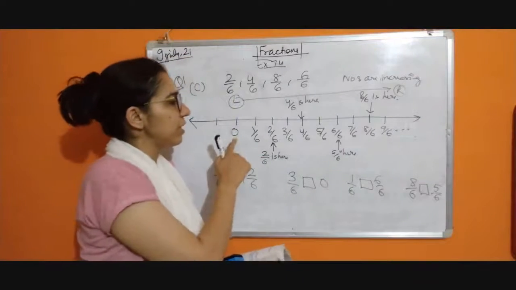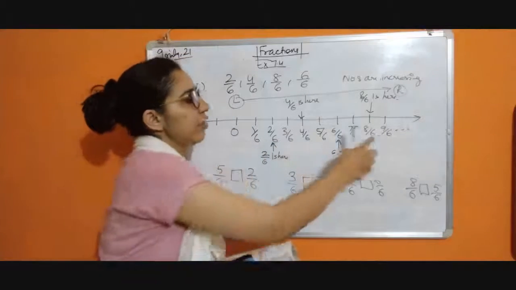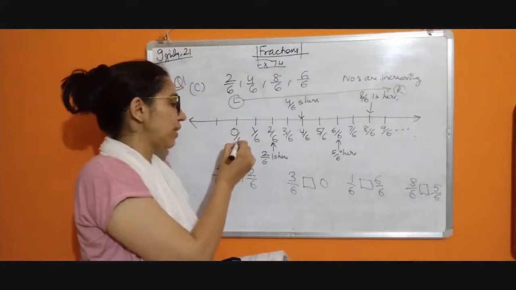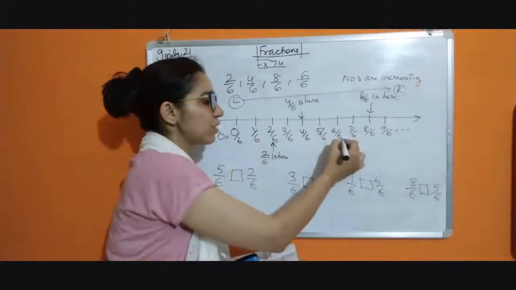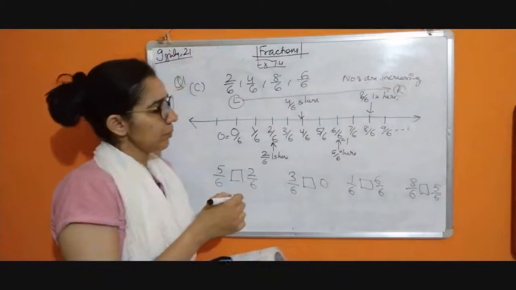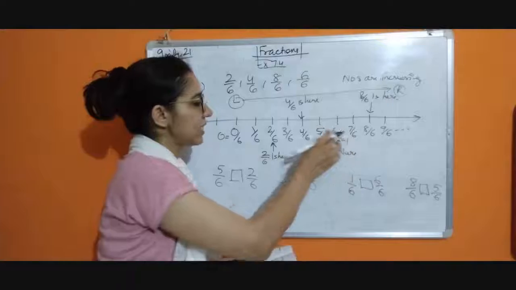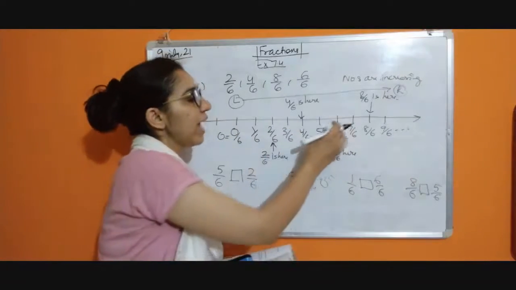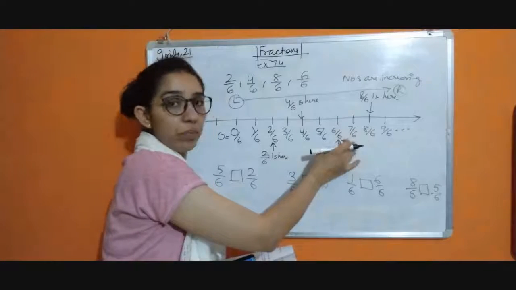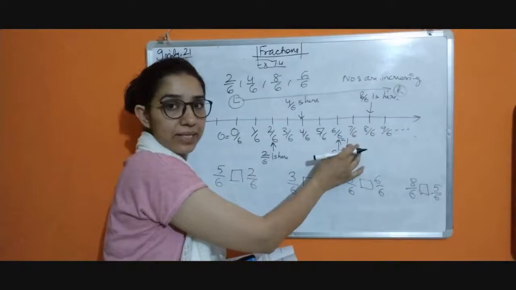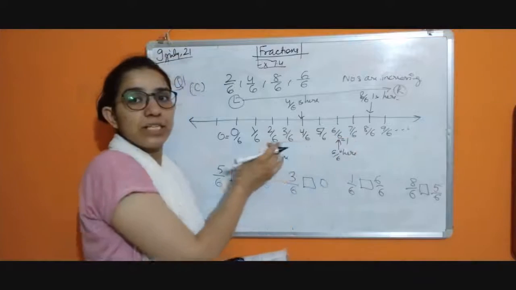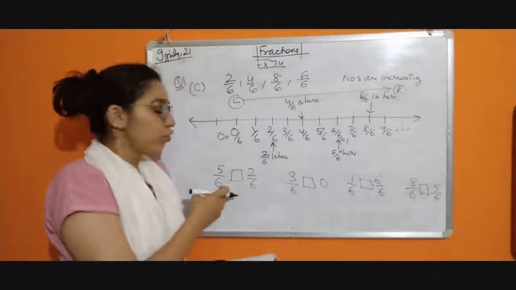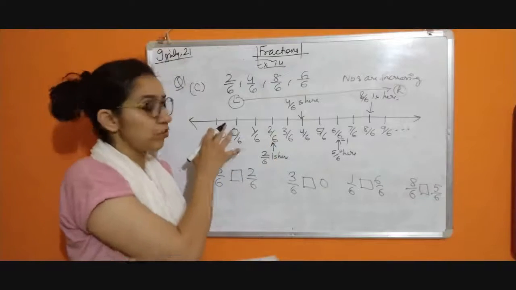So it means if you are looking at this number line, your 9 by 6 is bigger than 0, or you can also say 0 by 6. 6 by 6 is also 1. Okay, so your 7 by 6 is greater than your 1 by 6 or maybe 4 by 6. So any fraction on the right hand side is going to be bigger than all the fractions on the left hand side of it. So we are going to use that property to compare these fractions. We have to use this number line.